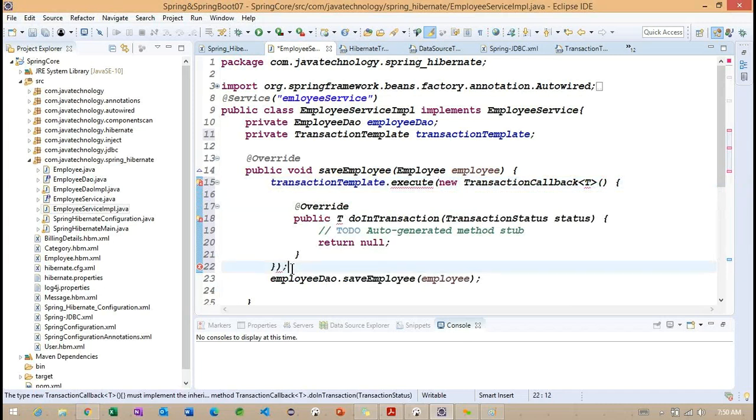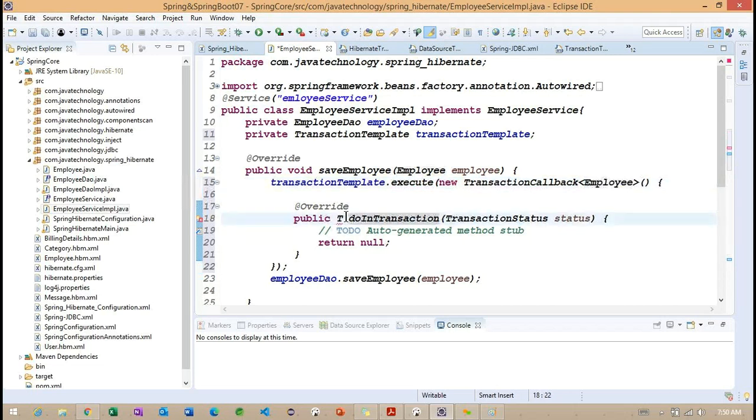Now we need to understand here. T is the type we need to specify, employee. Type T is nothing but the type of object we are going to perform on.